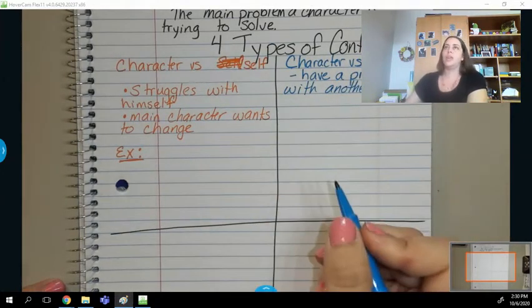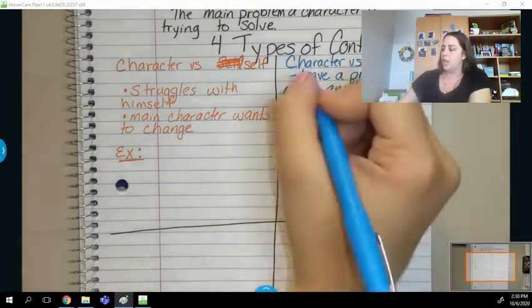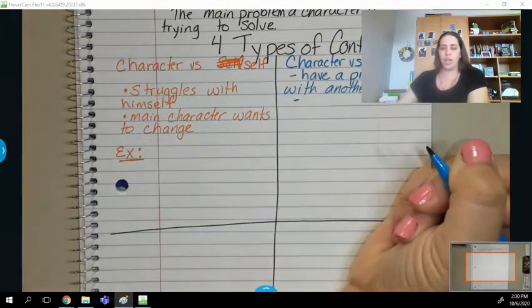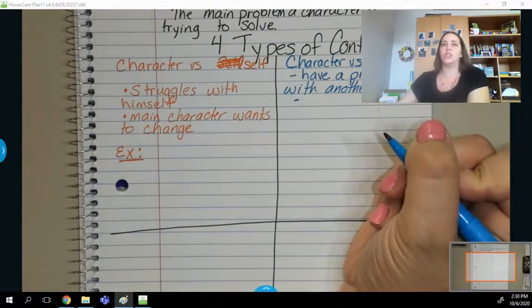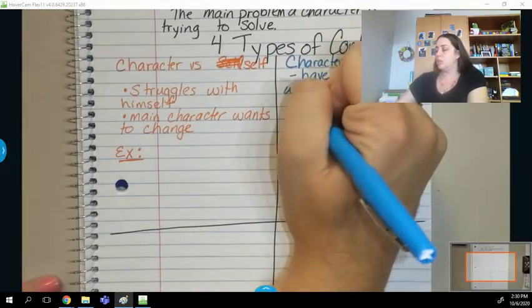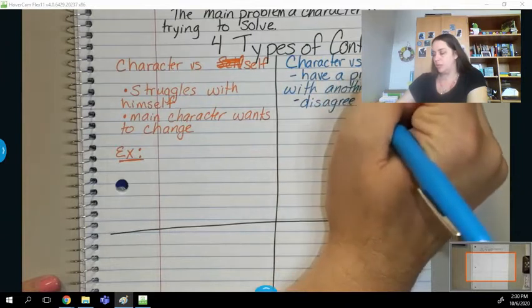So this would be the entire Avengers team having a problem with Thanos. This would be Snow White and the Evil Queen. The Snow White and the Evil Queen have a problem with each other, and there's a conflict there. They can also disagree on an issue,